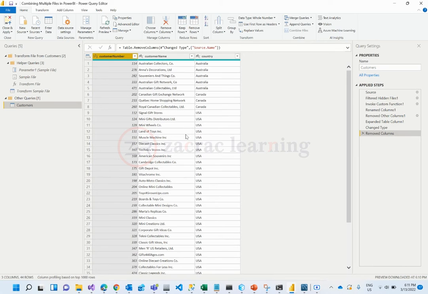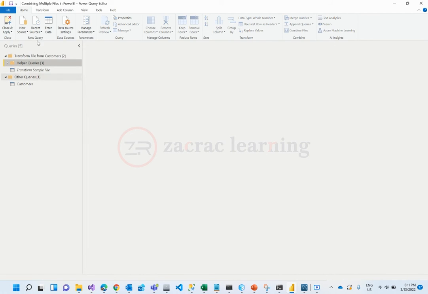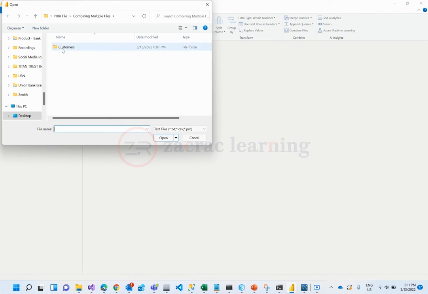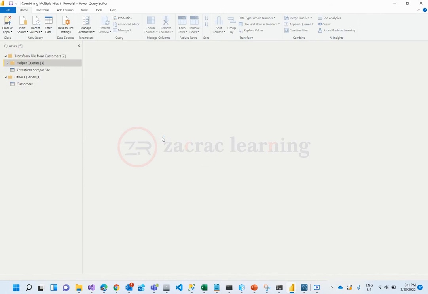This is one way directly, but it's not every time you have access to have all these things in one place. You can have them separated in multiple places. So let's try and do that with two of these things. Let's import a CSV file. I'm just going to go to new source, go to text, and I'm just going to find USA customer, import that,